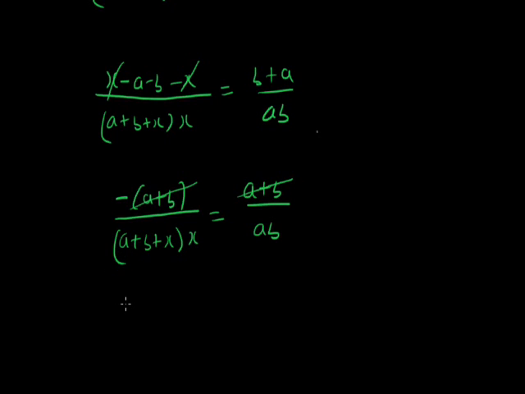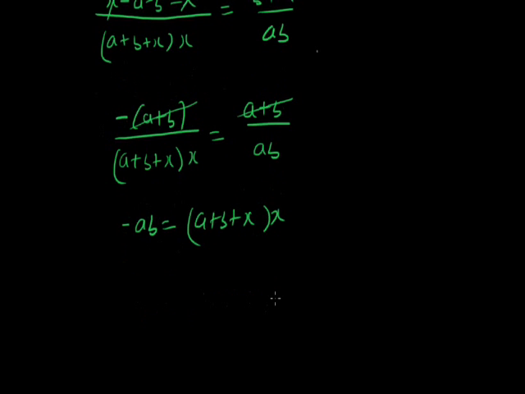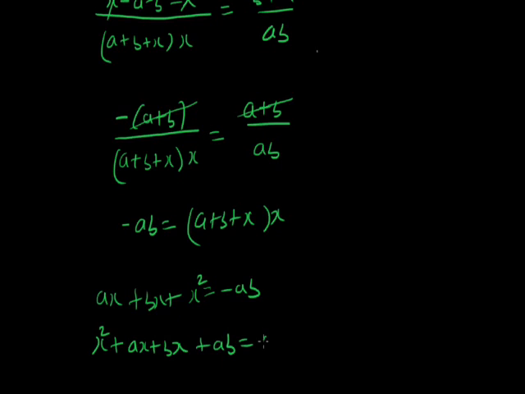Now we do cross multiplication. That is minus ab into minus 1 we get minus ab, and (a plus b plus x) multiplied with x with 1 we get (a plus b plus x) into x. Now just open the brackets. We get a into x, that is ax, b into x, that is bx, x into x, that is x square, is equal to minus ab. Now we shift minus ab to the left hand side. So we get x square plus ax plus bx minus ab, we will shift it to the left side, so it becomes plus ab, and on the right side we will get 0.